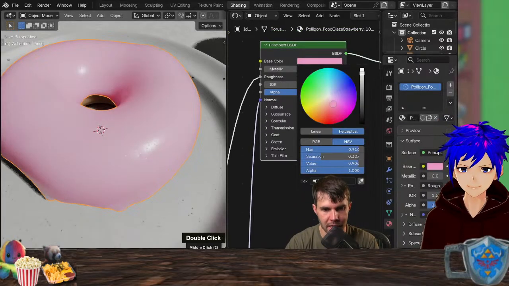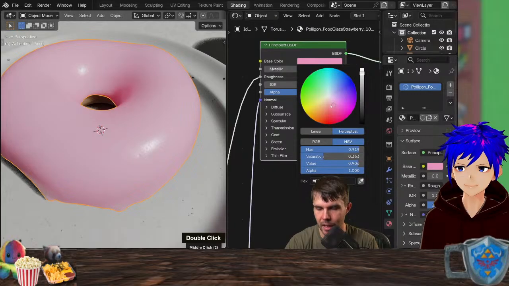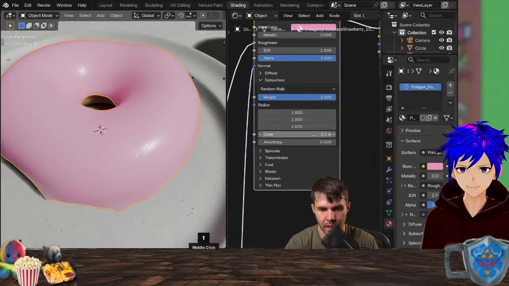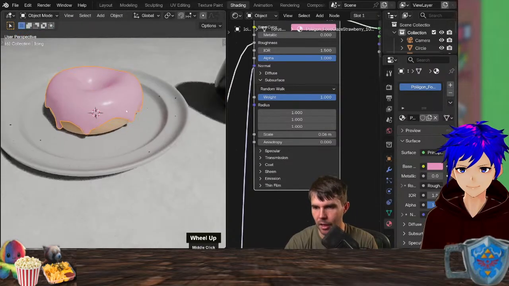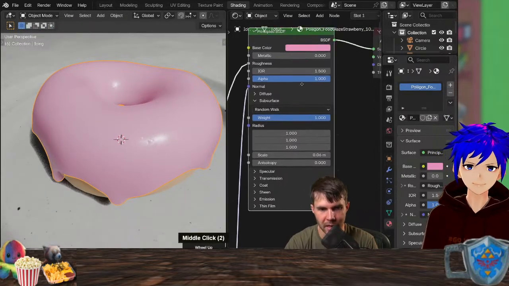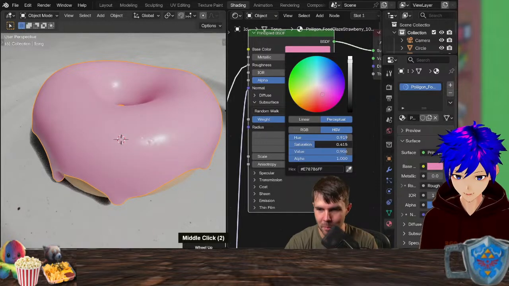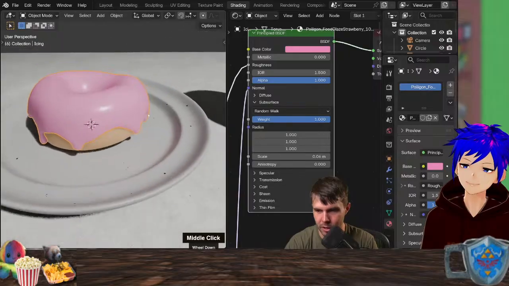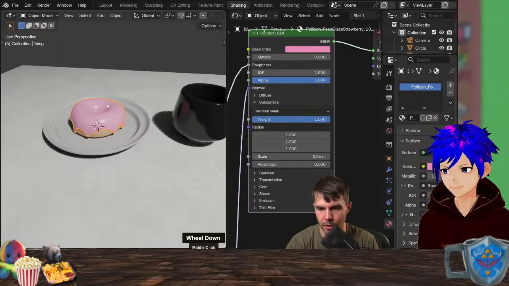And now that I'm here, I'm just going to set these values to what I had before. You know, just playing it by eye. What pink color looks good. Set my subsurface amount, radius to 1. And then I'll change this scale value till it looks nice. But there you go. I've now got my fleshy pink donut. But I now have this lovely, bubbly sugar crystals, real glaze going on the donut.